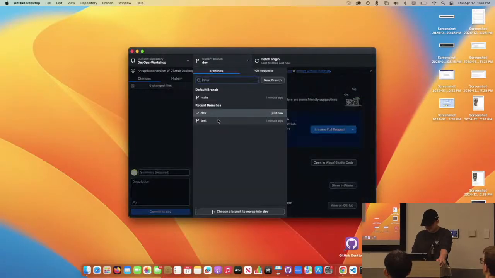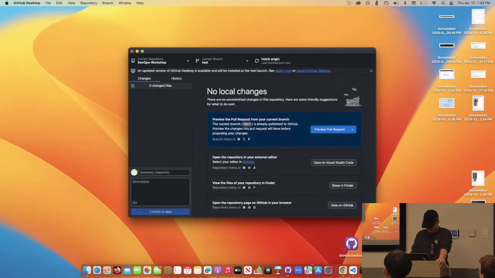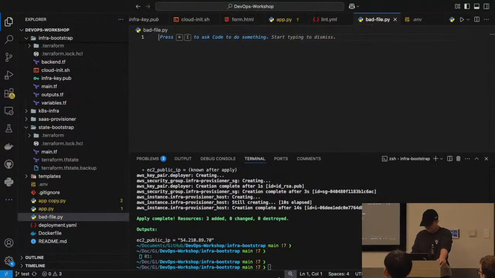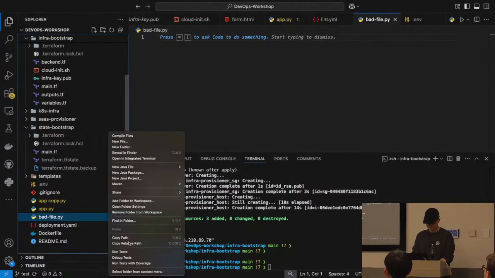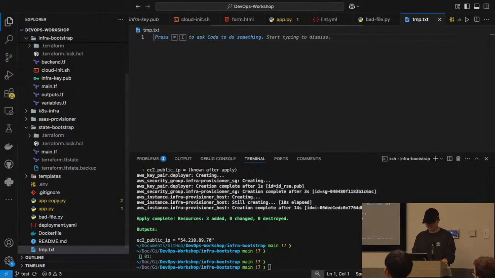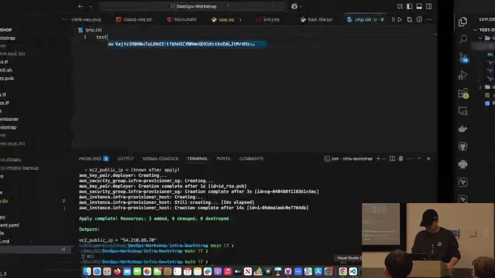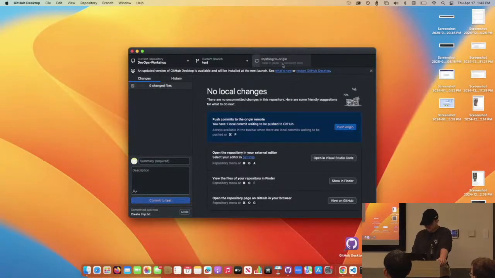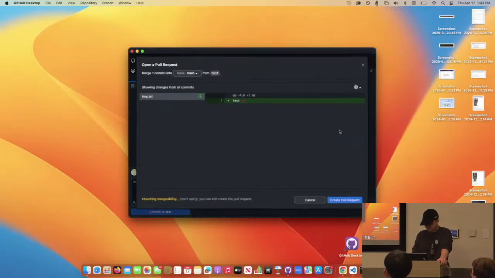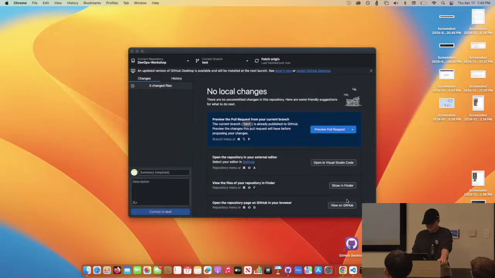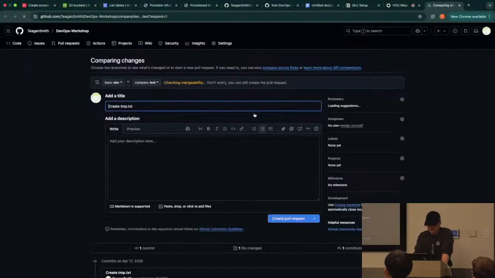Okay. Whatever, let's just try this. Okay, so we're going to create this pull request to try to merge it in.